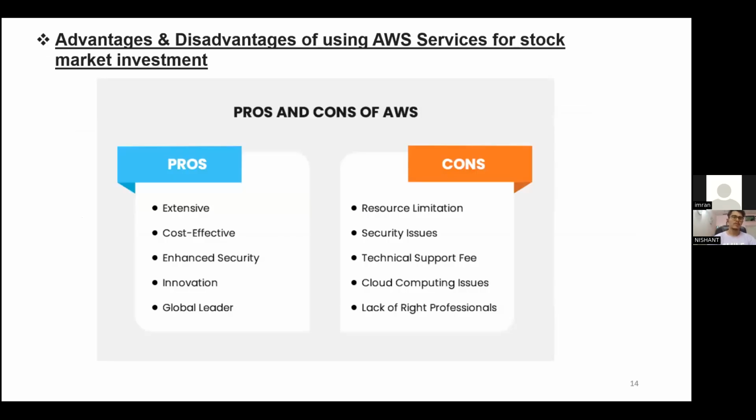So continuing, what are the advantages and disadvantages of using AWS services for stock market investment? The pros of AWS in stock market investment is that it is extensive, cost effective, and it provides enhanced security, it is innovative, and it is a global leader. And the cons of using AWS services are its resource limitation, security issues, and we have to provide a certain technical support fee, and also various cloud computing issues, and also the lack of right professionals required for stock market